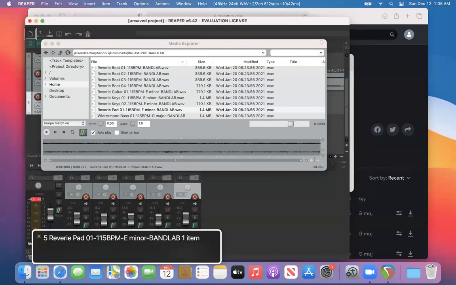So let's go to this pad. I forgot to name some of these, but it's all right. Now this starts pretty abruptly. If we take a listen, play. Stop. I mean, it's cool and all, but it's a little bit abrupt. So let's actually fade it